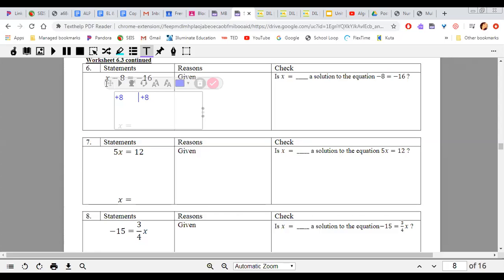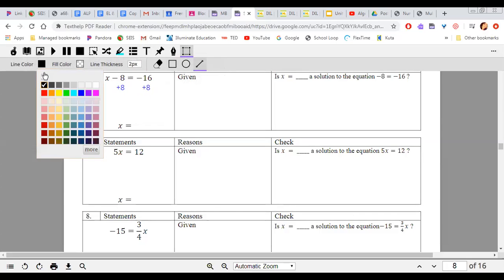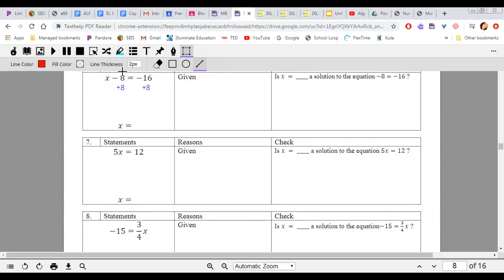Cool. So yes, I feel like we're catching on to that, but I'm not sure if we understand why. So now when I do that, negative 8 plus 8 is 0, so it cancels out. So now I have x